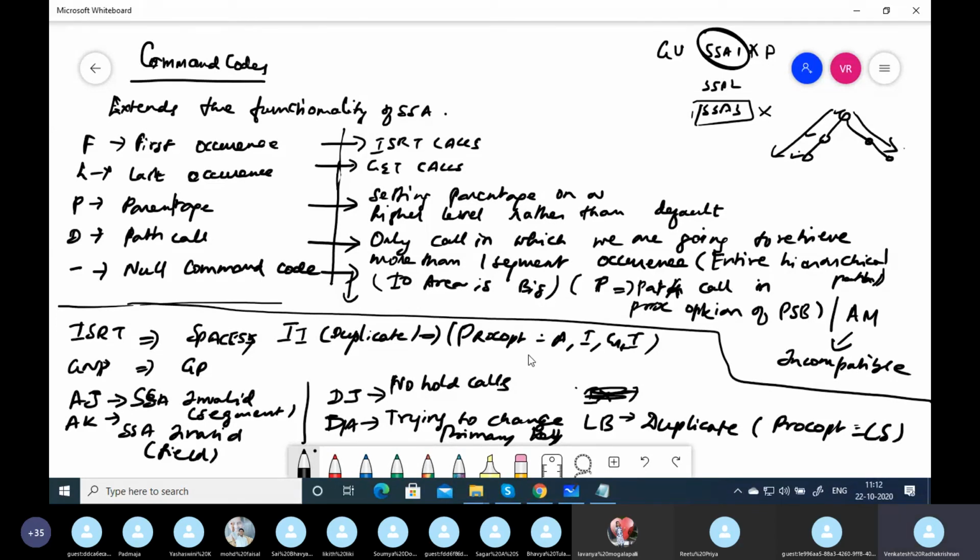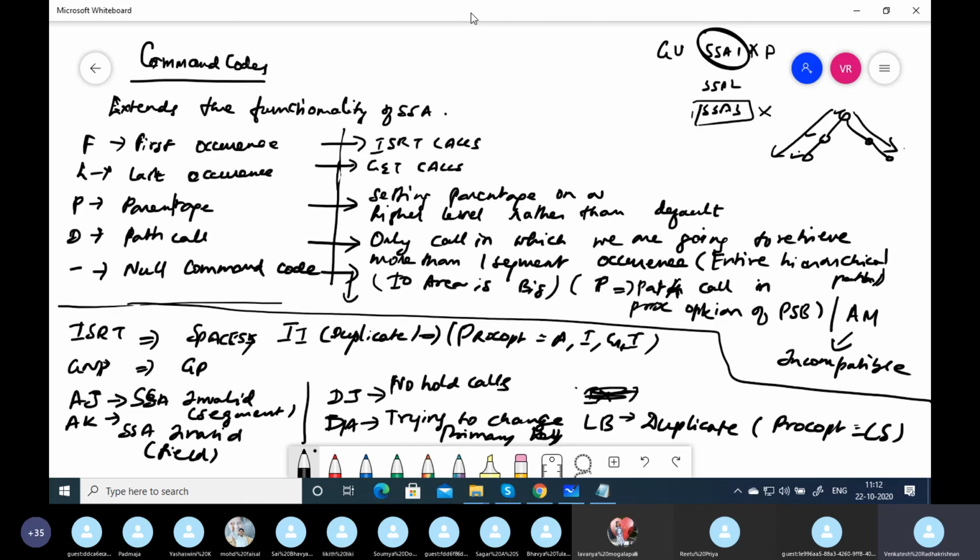And people may ask, why do you use LS for the first time? Can't you use processing option A? You can say that if the file is empty and used for the first time, meaning the database is empty and we are going to use it for the first time, you have to use processing option LS, and from the second time onwards you can use processing option A. Even for initial loading you can use processing option A, provided the files are initialized.